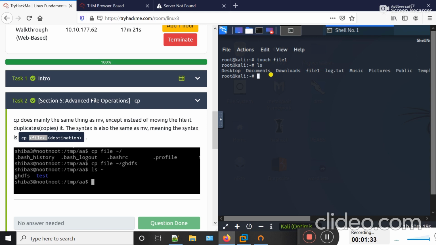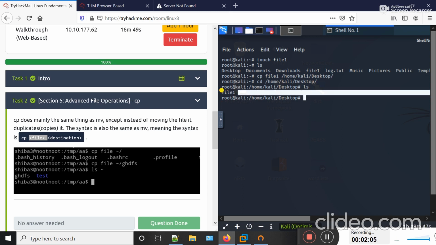Now if I want to copy this file to the desktop, I will use the cp command and then type the name of the file which I want to copy and then the path where I want to copy this file. If I move to the desktop, cd home kali and then desktop.